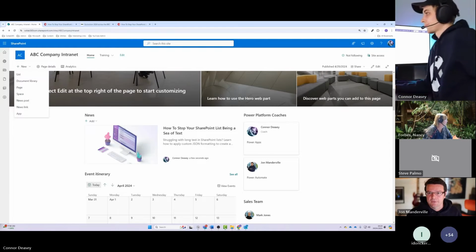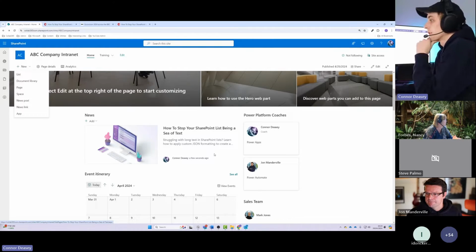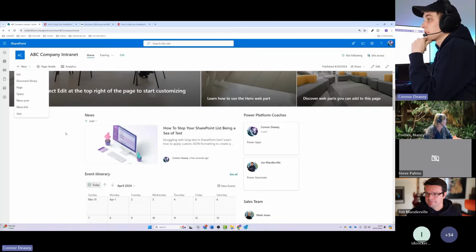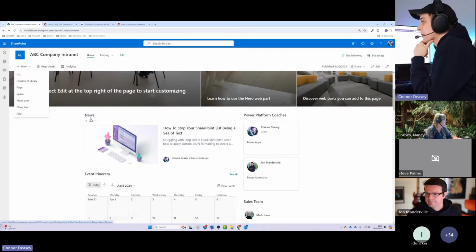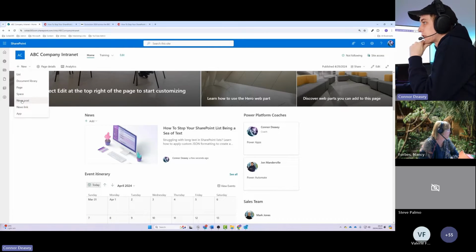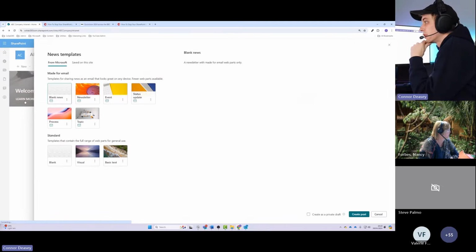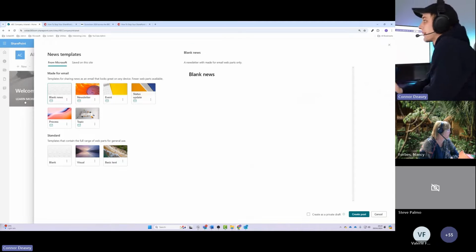Awesome stuff. So we've got our external article. Let's have a look at internal articles. We can do this through the form of news posts. If I go ahead and select add a new news post, we can see that we get given a slightly different interface. Now, what's really great about